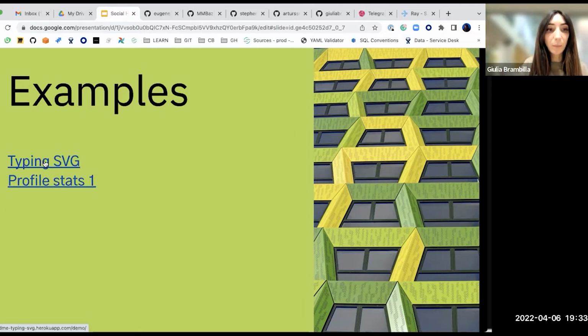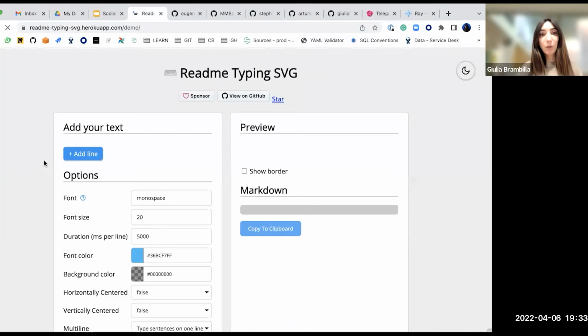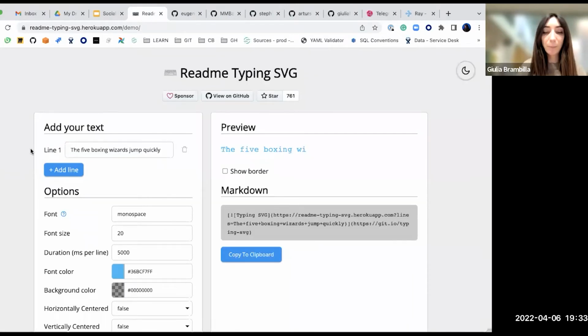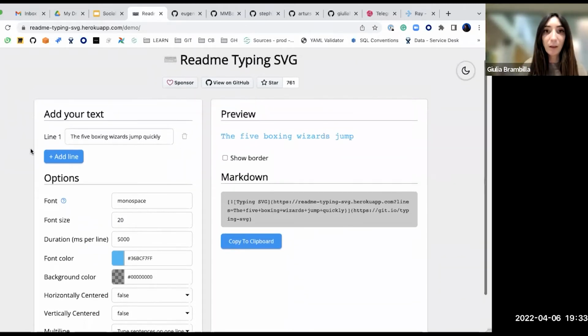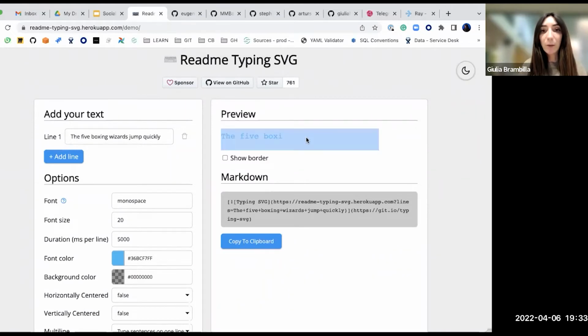This one is something really simple, but it could help in doing something a little bit different. There is no code involved in this case. You could use this page to add a little preview inside your file so that it is displayed like some typing